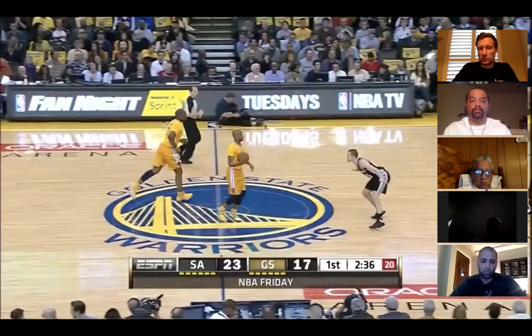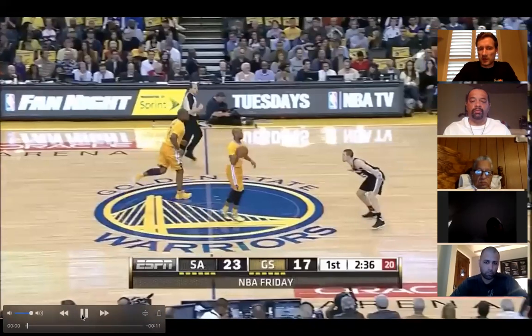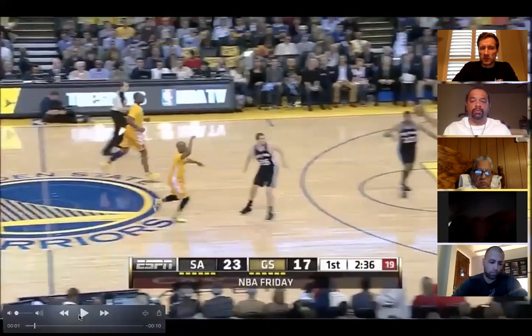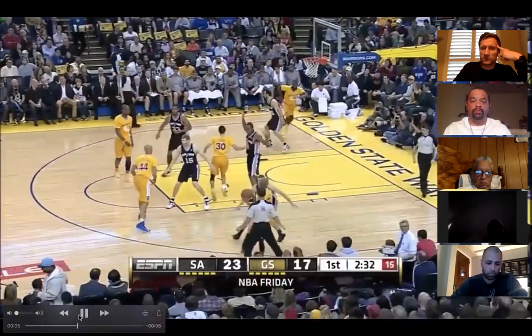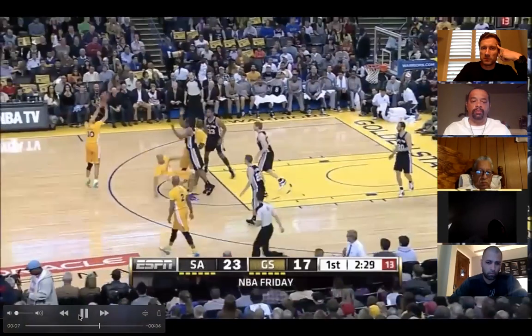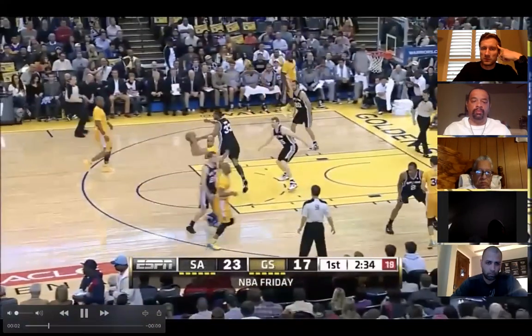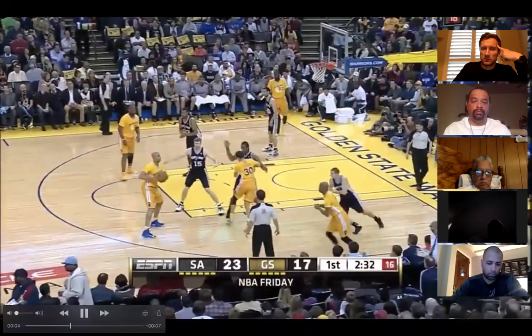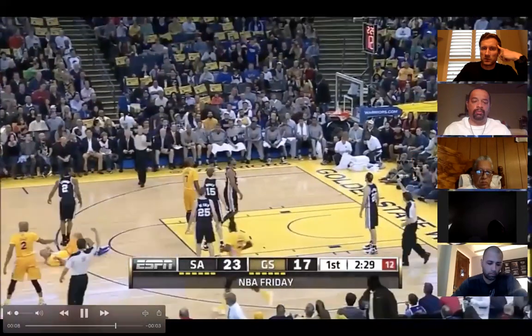So I'm going to run it twice, go through it twice, and then again, somebody new, please. How would you adjudicate this? They do have a triple whistle. We'll get into that later. But that's question number one: how are we going to adjudicate this play after it's all said and done? Hold on, sorry. All right, twice. It's almost identical play. So Kawhi's trailing him, a lot of space. Bam. Okay, again. Hope he's not lagging, but I'll show it again on the point of contact. Okay, and the ball goes in.